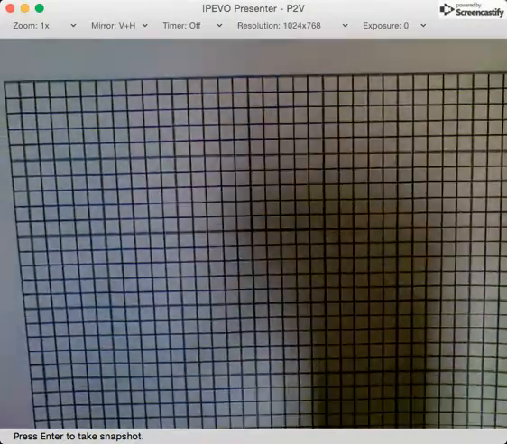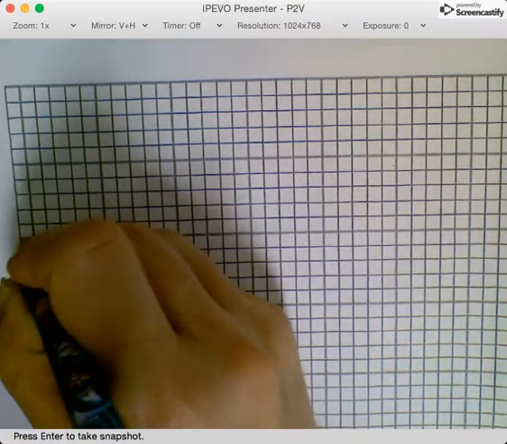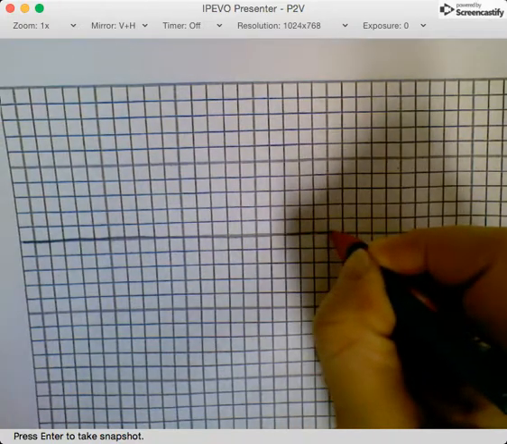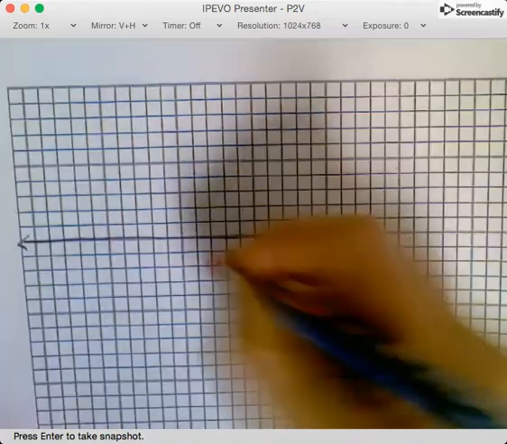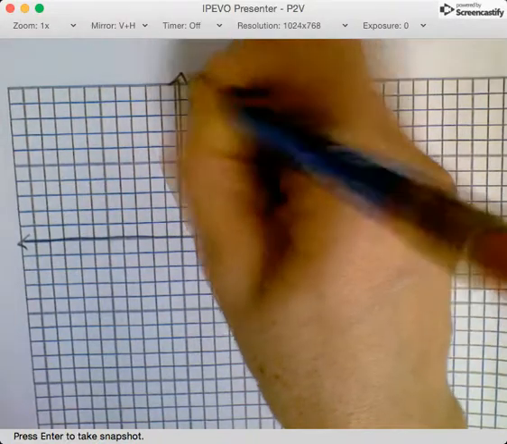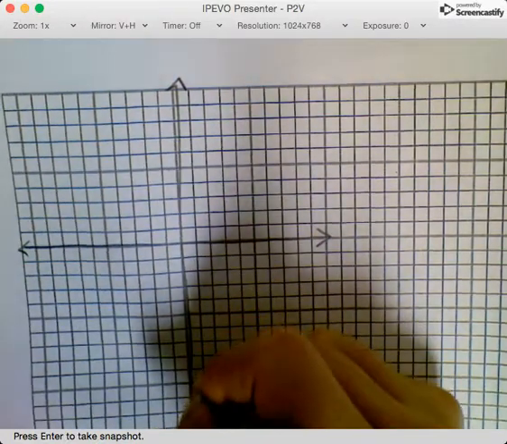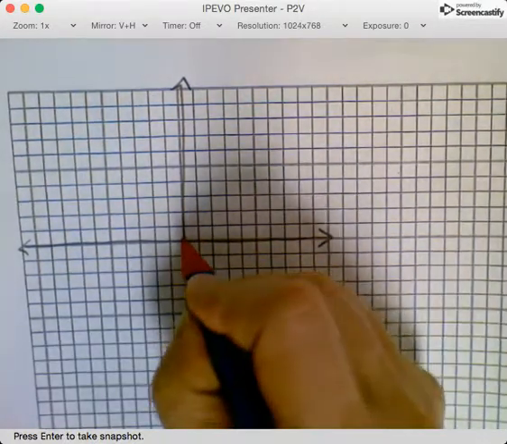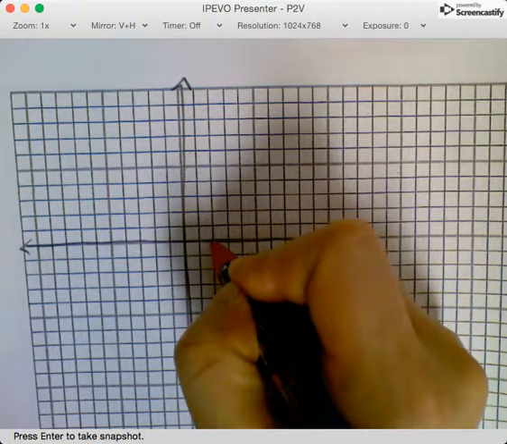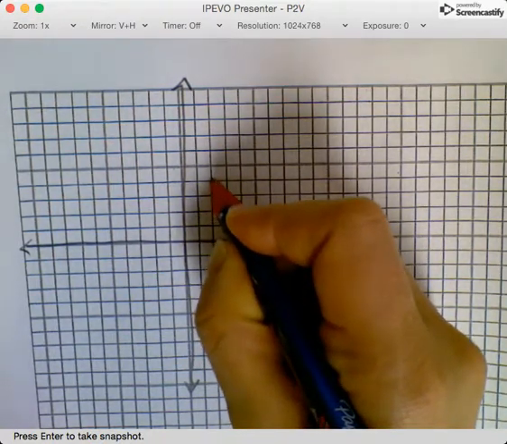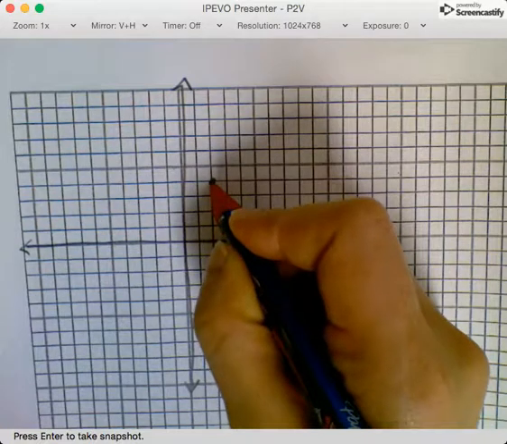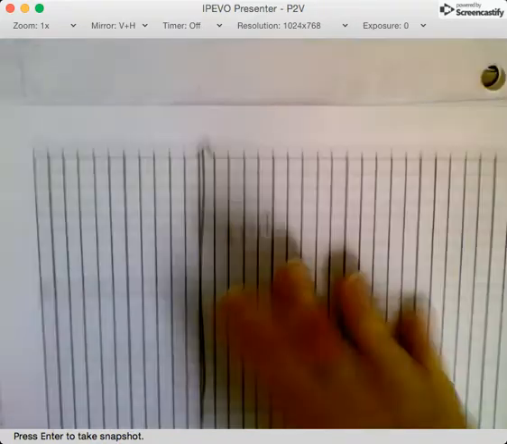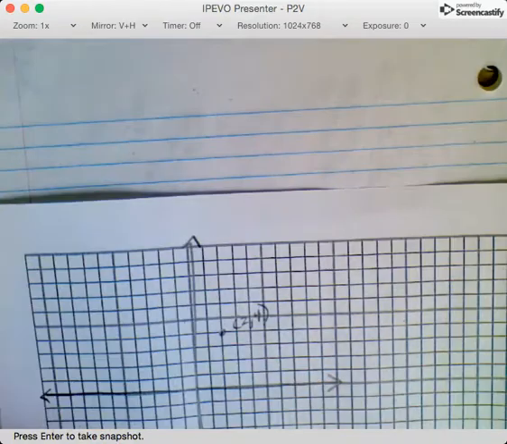So if I have a coordinate grid here, and I'll make it fairly big. And each of my spaces is going to be 1. So let me just do an example of 2 and 4. So 2 comma 4. And if I want to reflect that point